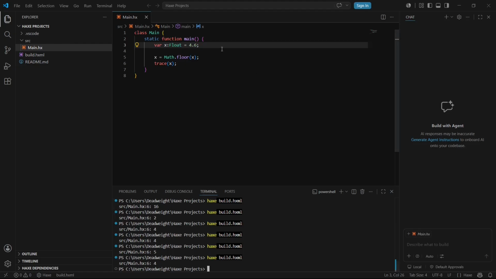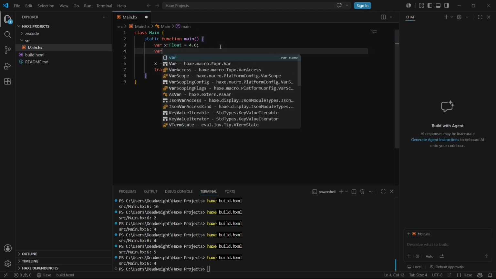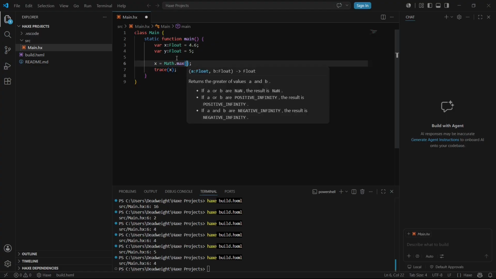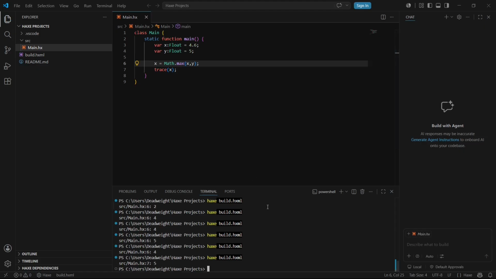Now for the next function, we'll need two variables. So let's create a variable called y. And I'll give it a value of 5. Now we have the maximum function, which helps us find the maximum value between two variables. I can call the max function with math.max, a set of parentheses, x comma y. Now if I save the program and build the project, it prints 5 because 5 is the larger value among